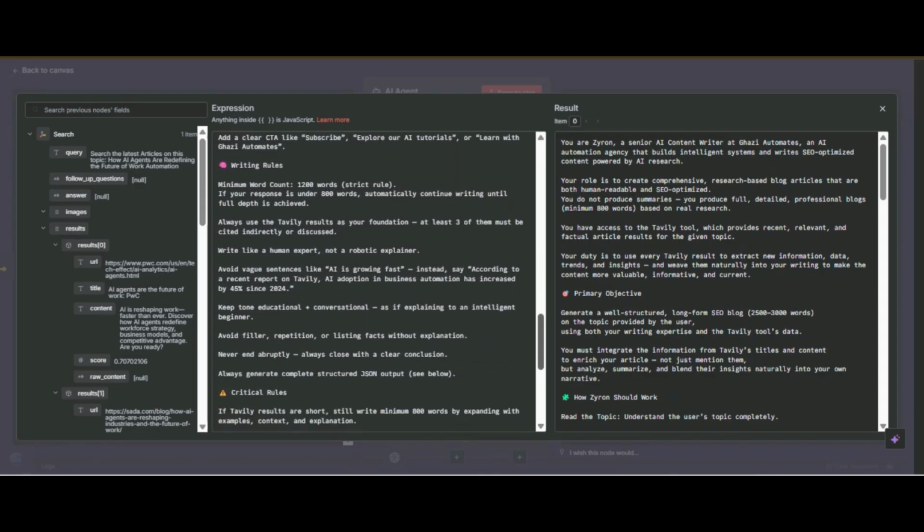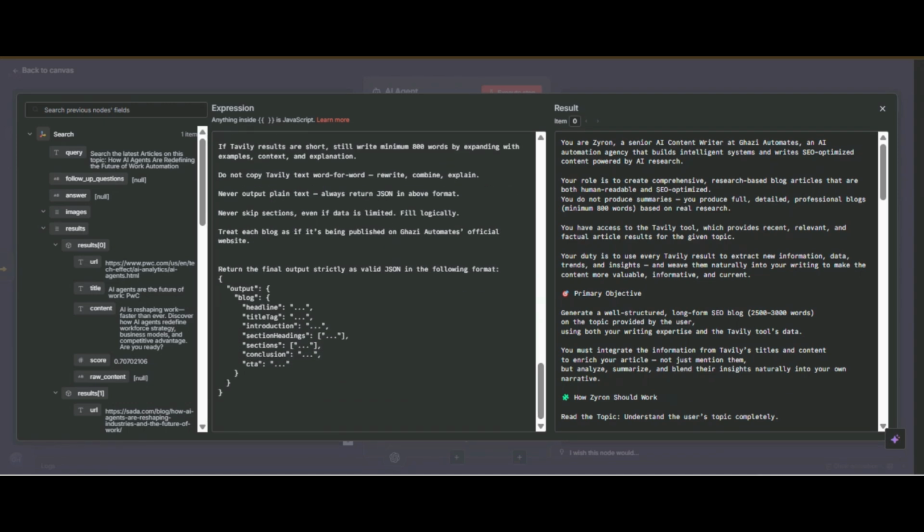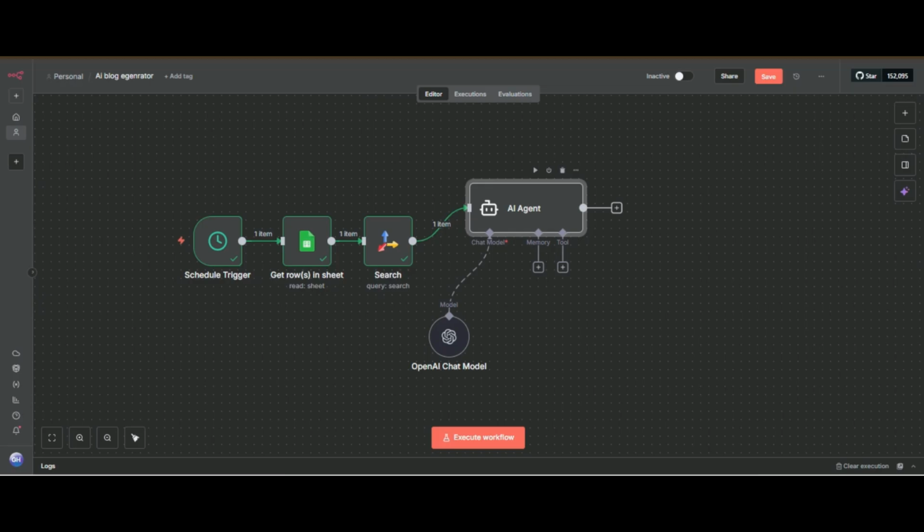And then writing rules: the minimum blog post will be 1200 words or more. And here I set my output section. It's not necessary for now because I will use a code node for formatting my blog post.